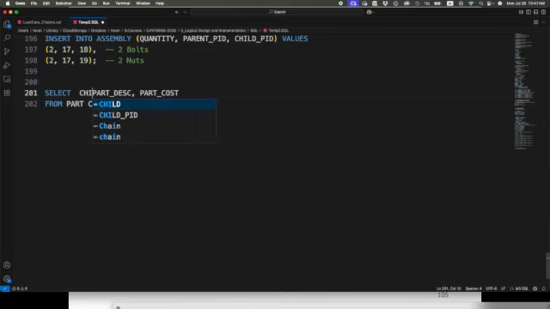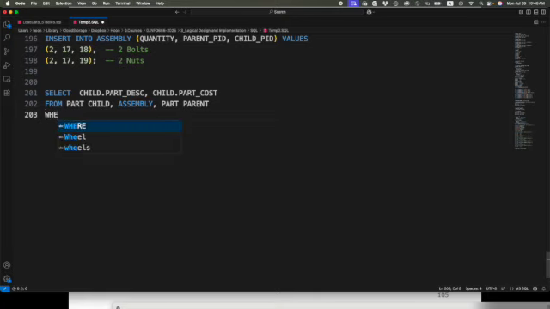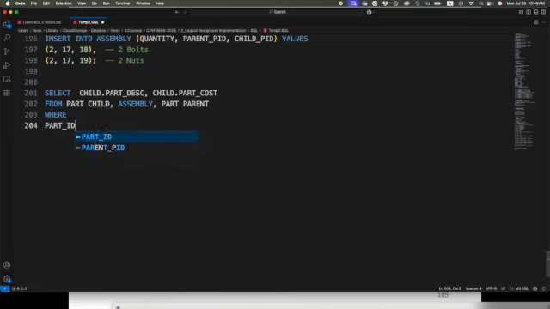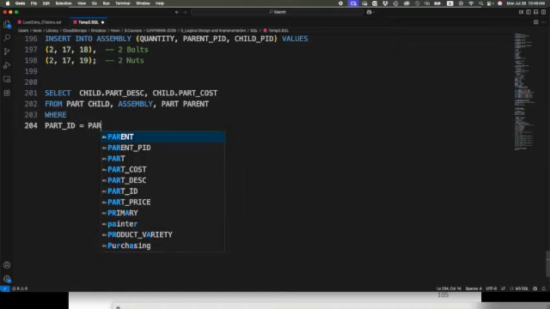What we are interested in, child item. So child description, and you have to specify it's child part cost. Now, the most tricky part is the join condition. So what will be the join condition? So the join condition is we match it. So here part ID has been matched with assembly table's parent PID. So let's say parent